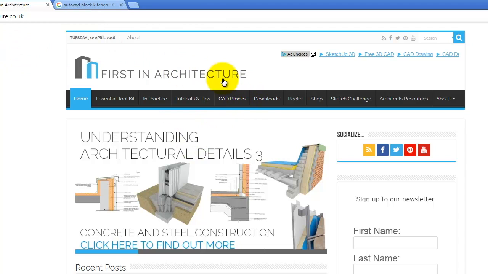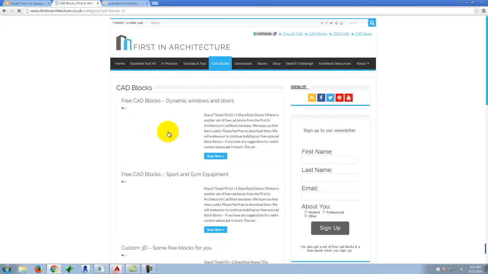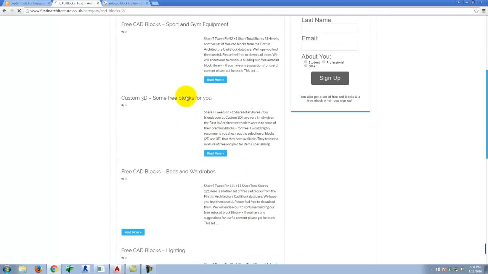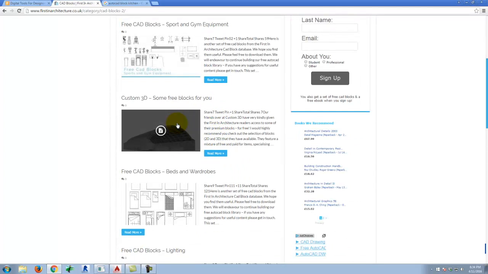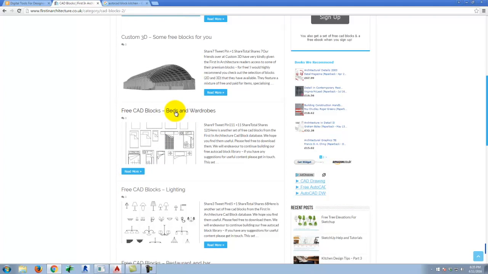Some of the stuff that they have are paid. There's a lot of things that are free. I'm not asking you to buy anything, so use the free ones. If we scroll down here a little bit, if the website decided to load, we could get previews of the things that they have available. So here, for example, is a block of beds and wardrobes. Right? So I could click on this,